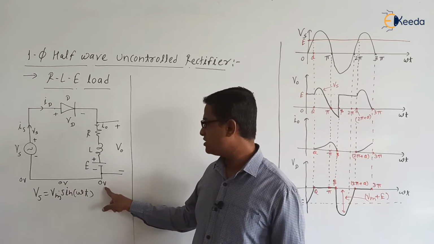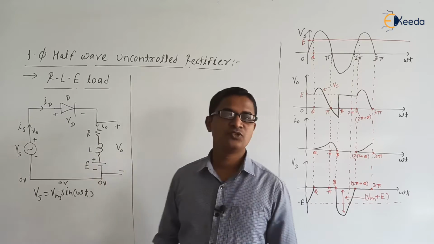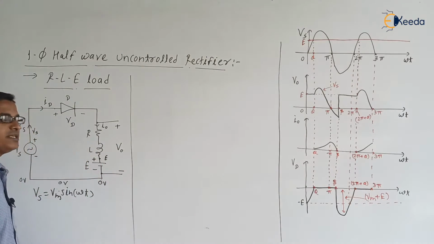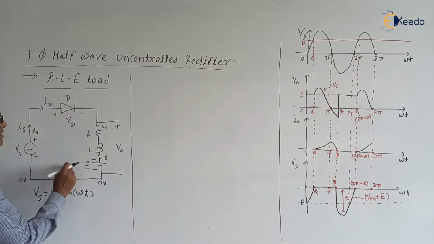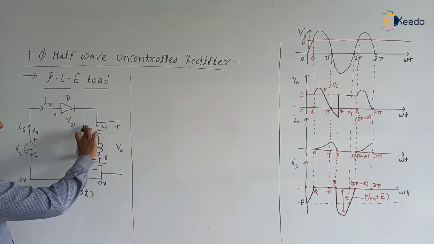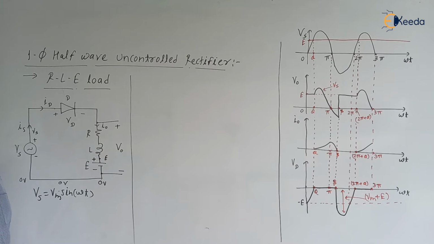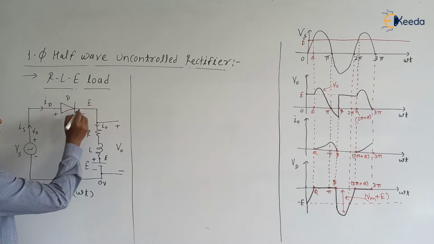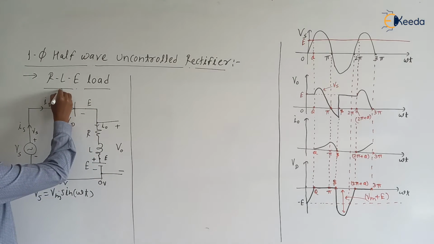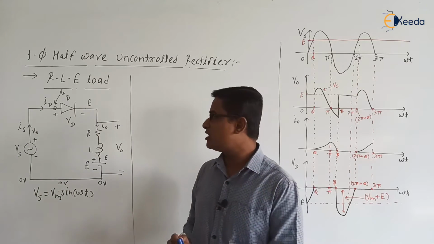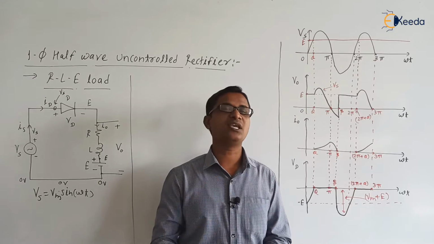Next, if here it is 0 volt, then the positive plate potential of E is E. Again, initially the diode is in the off state, so the current in the circuit is 0. Current being 0 means the voltage across the resistor as well as across the inductor is 0. So if this is E, similarly this E will appear here. Here the potential is Vs, here the potential is E. So the anode potential is Vs, the cathode potential is the EMF E.